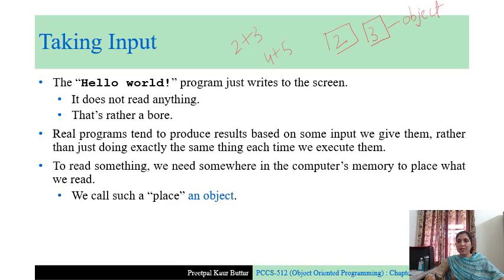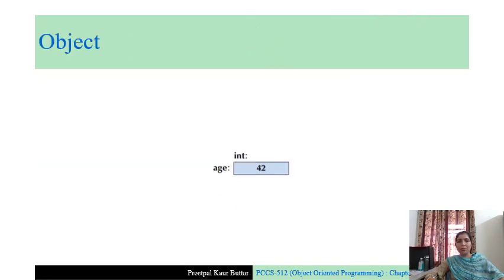Remember, when we discussed the concept of objects in the context of object-oriented programming, we said that objects take memory. So these numbers are also taking up memory. We can say that when these numbers are stored in the memory, they are behaving like objects. This is an example of an int object. When we discussed the concept of objects, I said that int is a data type.